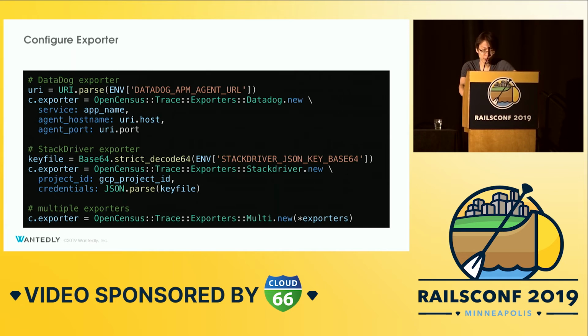And you can even write your own exporter if necessary, if you have an original backend, or if a gem is not provided by the community yet. The Datadog exporter was actually written by one of our team members for Ruby. And lastly, if you want to use multiple exporters, you can do that. You can wrap them in a multi-exporter by passing the exporters you want to use.